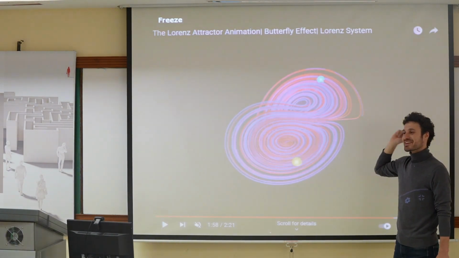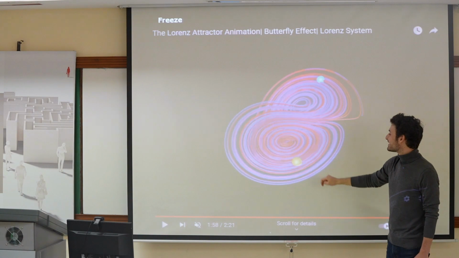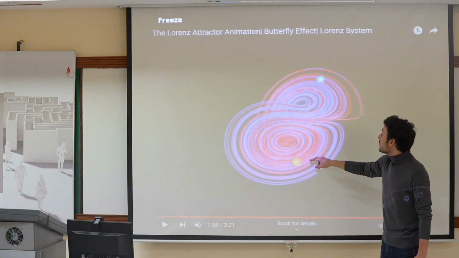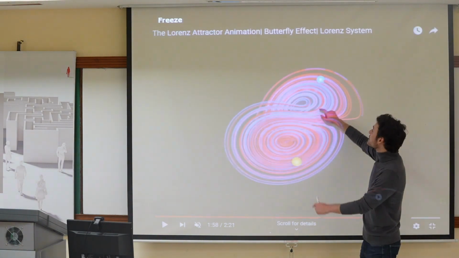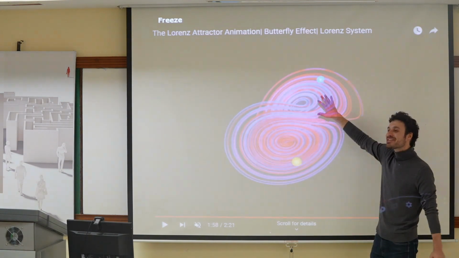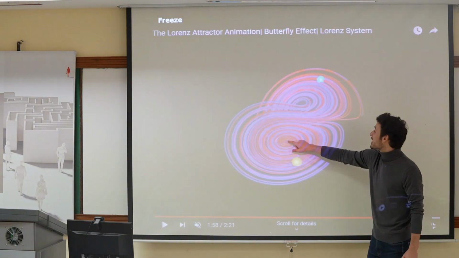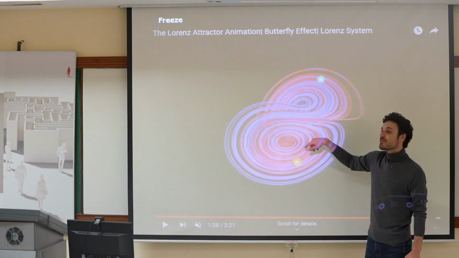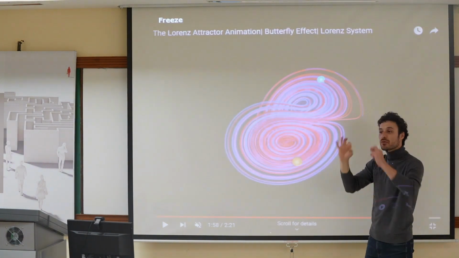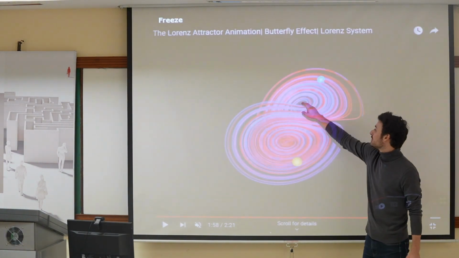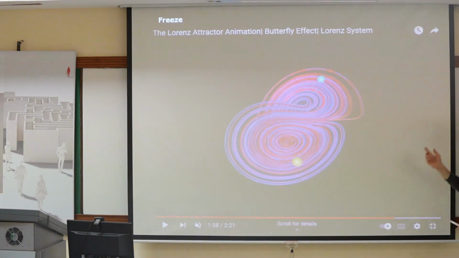I got sidetracked. These two molecules, they never come back to the point attractor. No, there is no point attractor here. This is the attractor. What you're seeing here, this is the attractor. At no point is any of these molecules ever going to reach the center here. There will always be gaps in the middle. So this is the weird thing, actually. This is why they're called strange attractors.